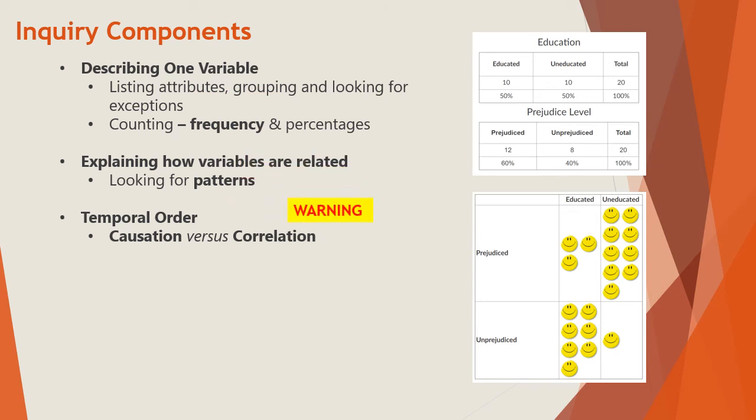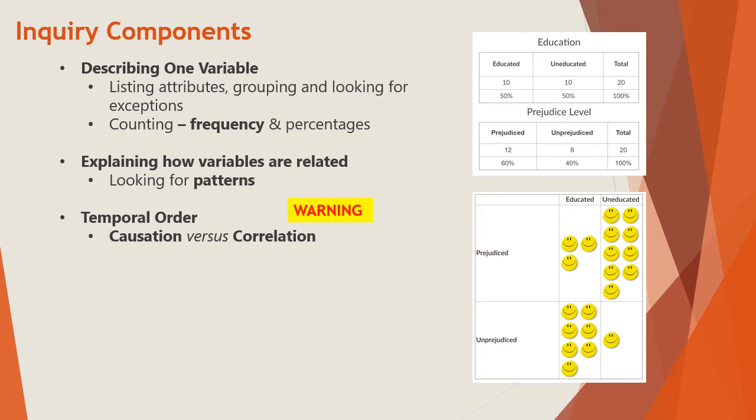And so you have a real warning here about saying that A causes B, that, oh, well, education reduces prejudice. Well, we can't really make that claim just based upon this one survey tool inquiry experiment. Okay, it's very difficult to link things to causing them. And why is that? Because there may be a lot of other considerations we're not thinking about.